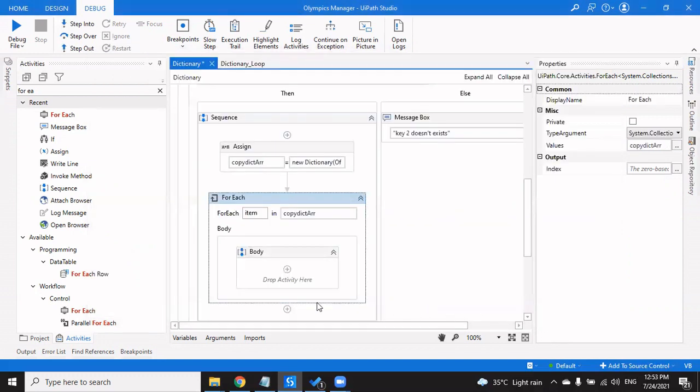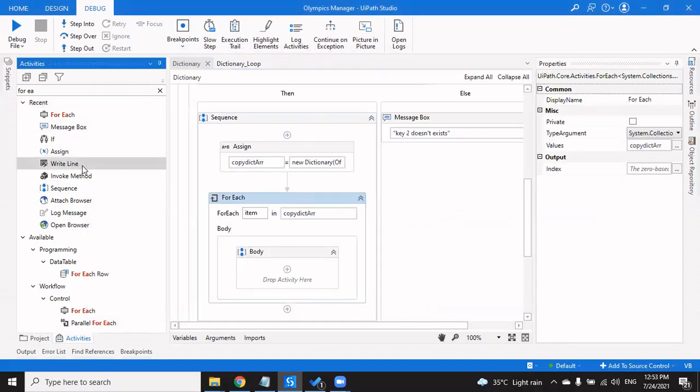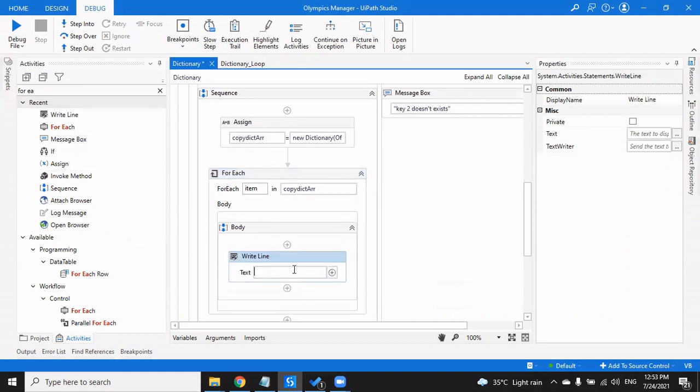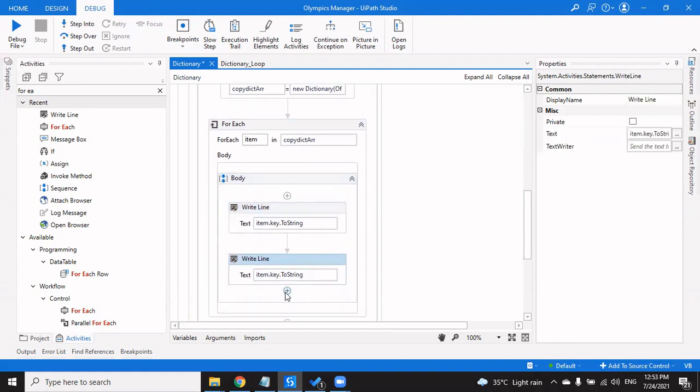So this thing. Now that we've copied it, we're going to print the write line and we'll say, okay, item dot key dot to string. So if it has actually been copied, it should show 2 strings present here. Okay. And we can even print the value. So we say item dot value, value being an array of string, we say, okay, just print the name.